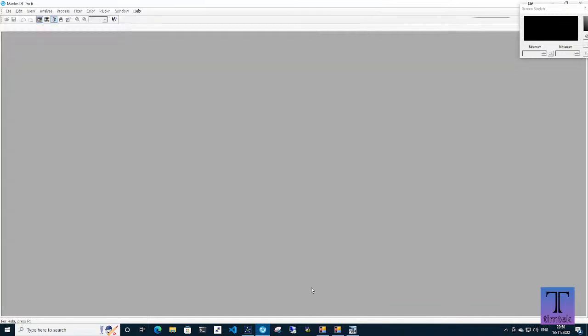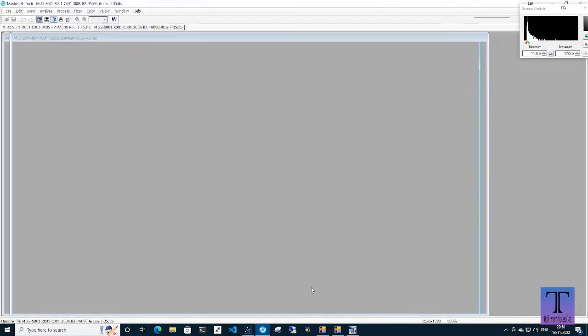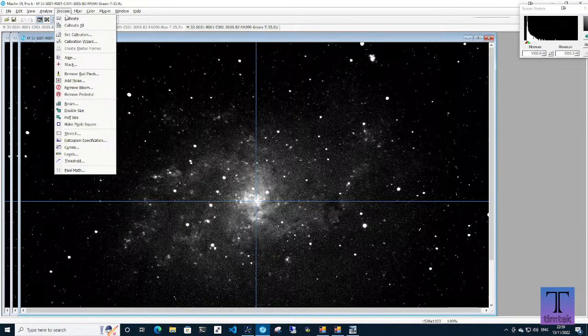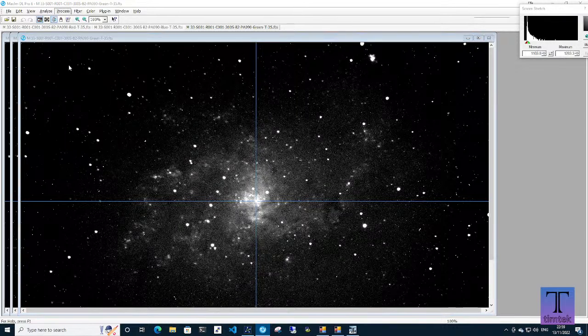Okay, so we'll open those. So we now have all three of them open. So what we can do is, I might calibrate those, or I might not. Let's just not for the moment, and then we can process them by stacking them. There we go,